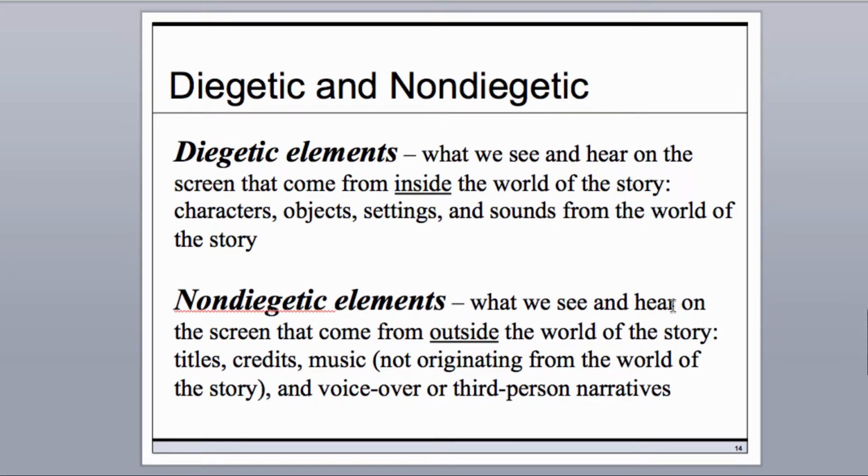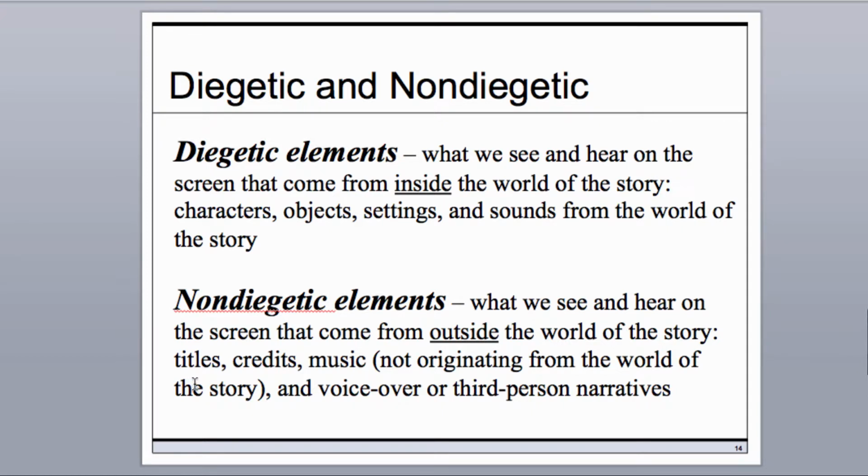Non-diegetic elements you see and hear on the screen, but they come from outside the world of the film, outside the story. So when you see a title appear, the name of the film, an actor's name, those are titles. They appear and are inserted outside the film world. Credits at the end of the movie, the long list of all the locations, all the people that worked on it, and music. If it's obvious that it's not originating from the world of the film, like a band playing,